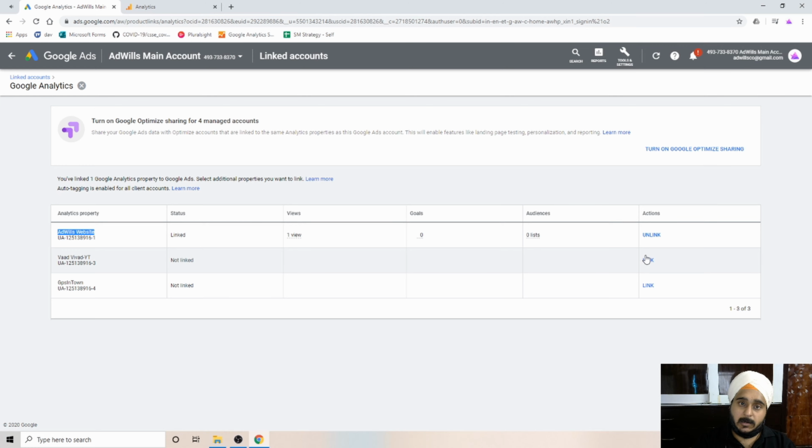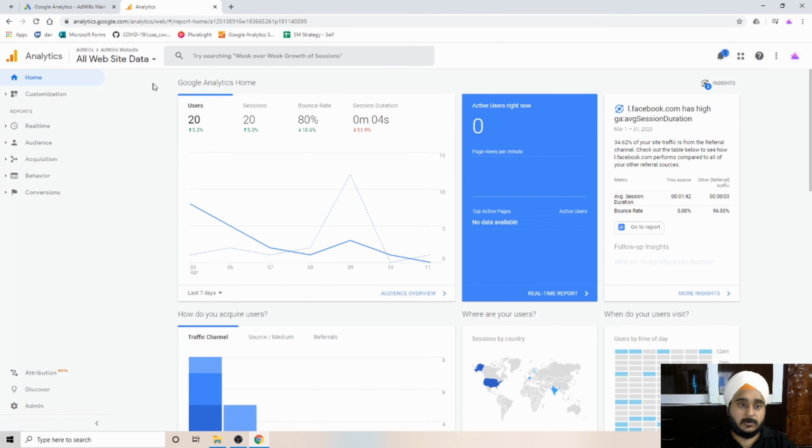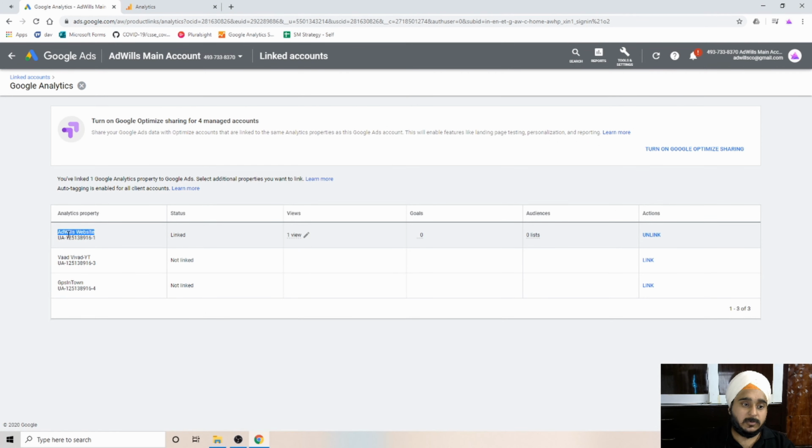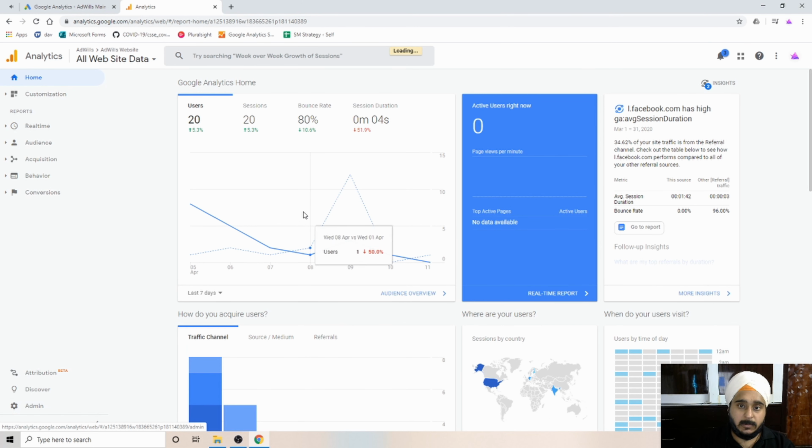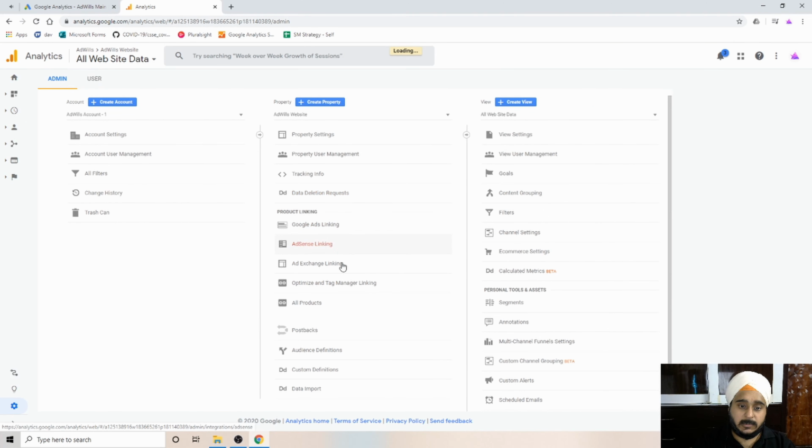and there will be an option to link or unlink. You just need to link that up and then also go back to the analytics account for the same advills website, which I am also seeing here. Then I'll go to Admin and ensure that it's linked from this end as well, just by making sure it's the right account and then the right property.